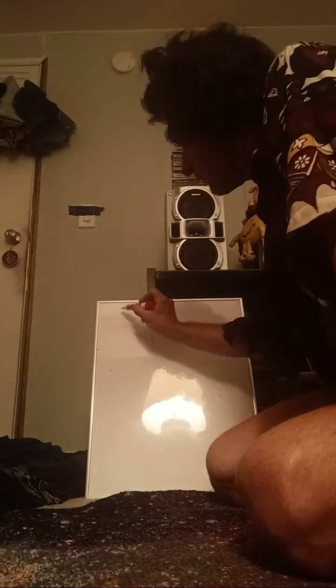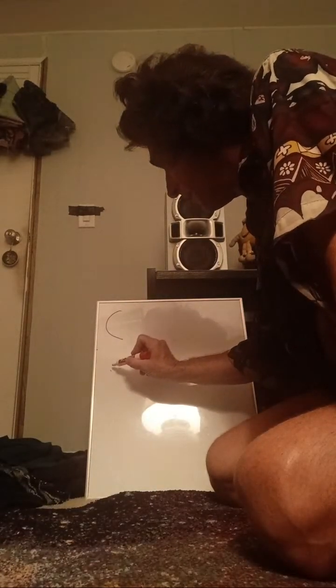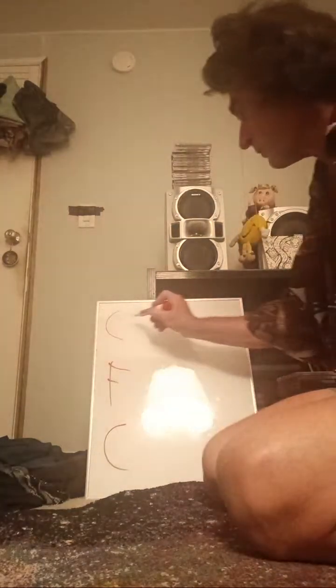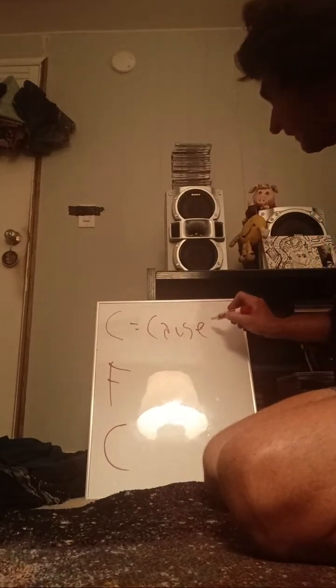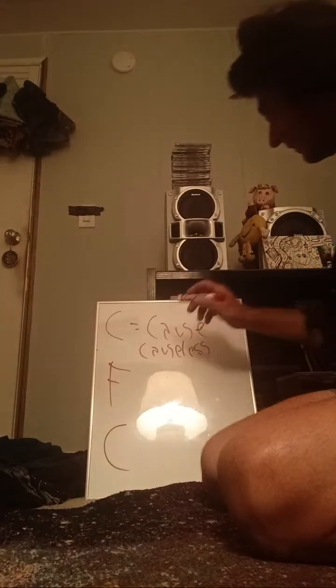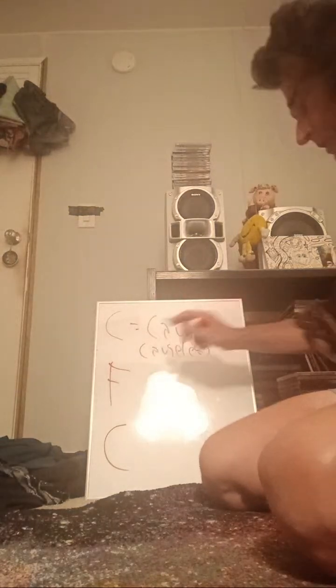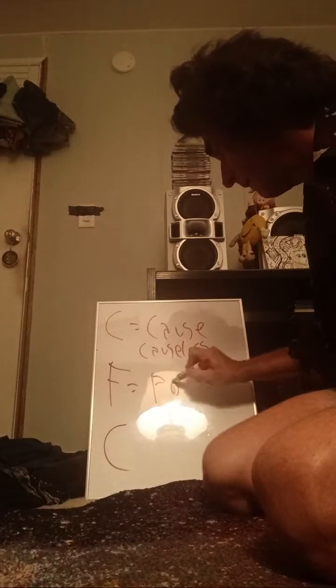The mnemonics are these. And bear with me, this is something I just thought of today, basically. The first one starts with C, and then F, and then C. Okay, the first C is cause. But related to cause is causeless, because that's the sense I'm going to be using the C in. C is cause, but it can also be causeless. F is force, and C is creation.